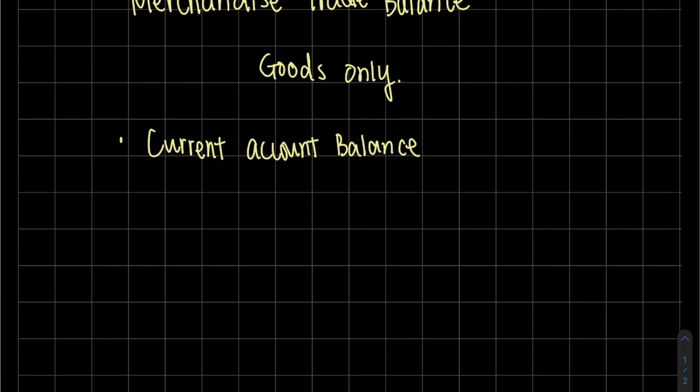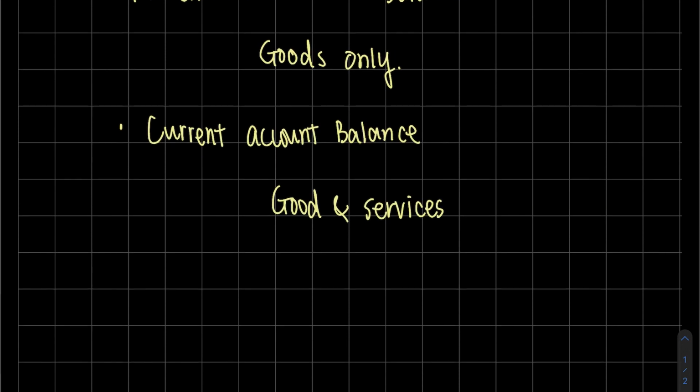Different from the first one, the current account balance is a broad measure of the balance of trade that includes the trade in goods and services, as well as the international flows of income and foreign aid. Let me write that down for you, as well as the